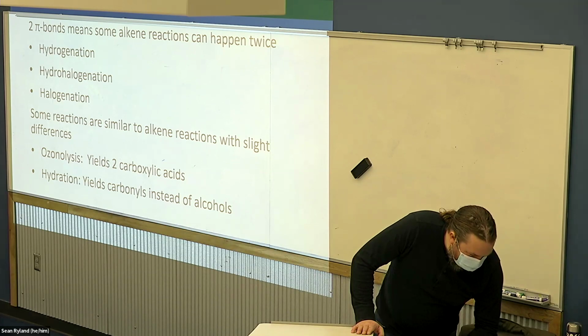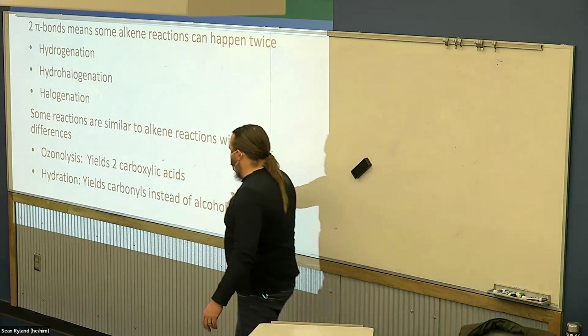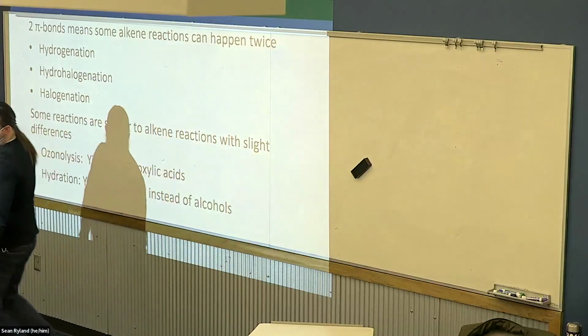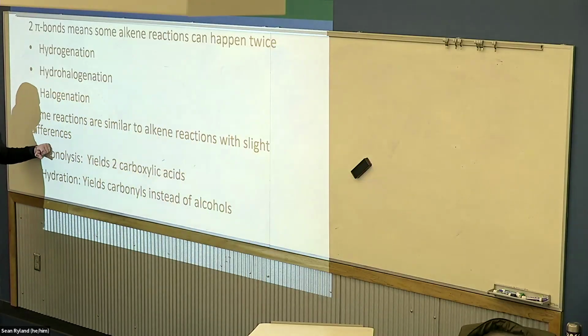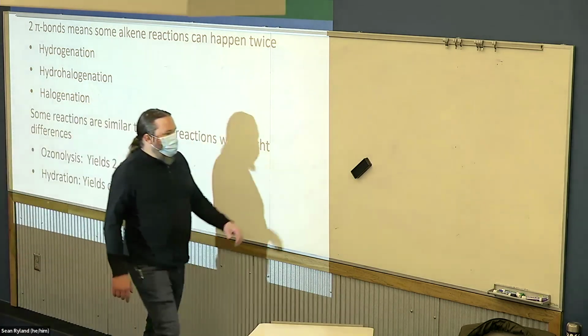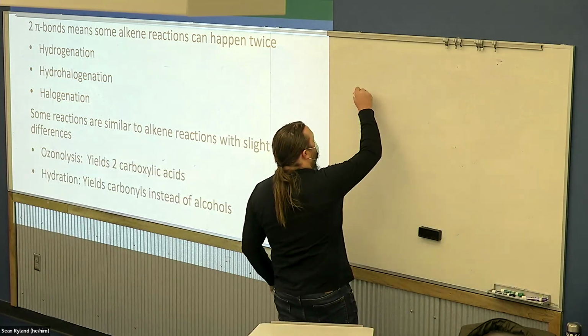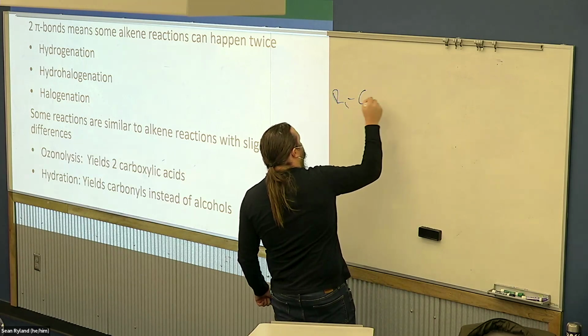All right. The 2 reactions specifically that are similar but different: ozonolysis still works with an alkyne. It even goes through almost the same mechanism, except that it turns into 2 carboxylic acids instead of 2 carbonyls. Because no matter where your alkyne is, whether it's at the end of a carbon chain or in the middle of a carbon chain,